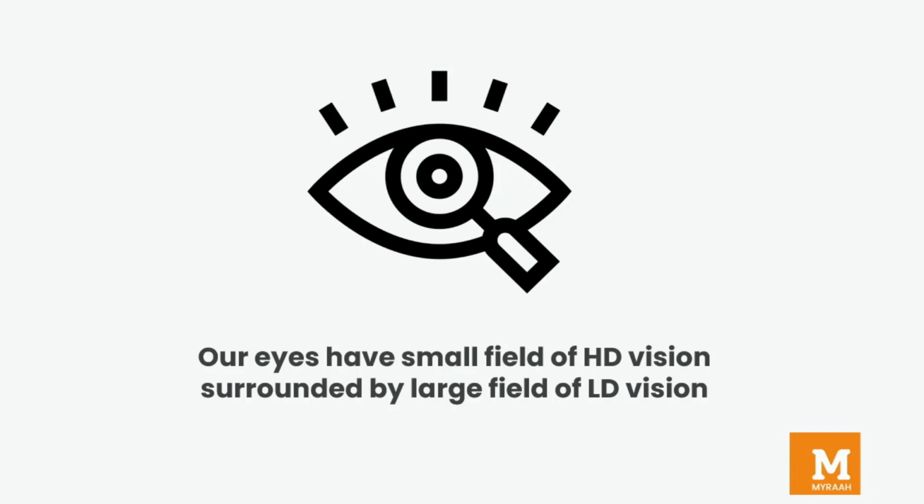Though our brain can perform this processing effortlessly and seamlessly, our eyes are designed to capture detailed input one at a time. Our eyes have a small field of high definition vision, which is surrounded by a large field of low definition vision. When we look at any object or design, our eyes make a series of quick movements to fill in the details of what we are actually seeing. Motion always draws our attention. Our brain is designed to look at things first which are moving.